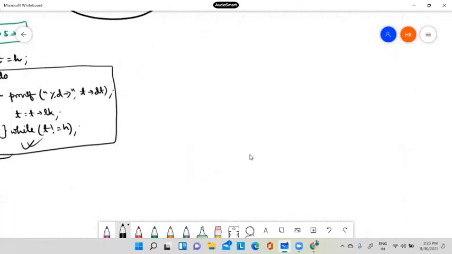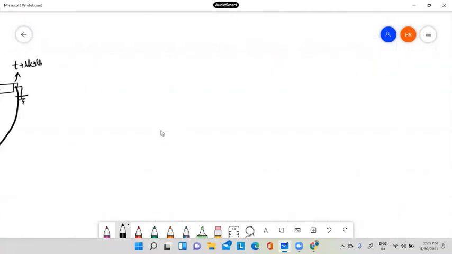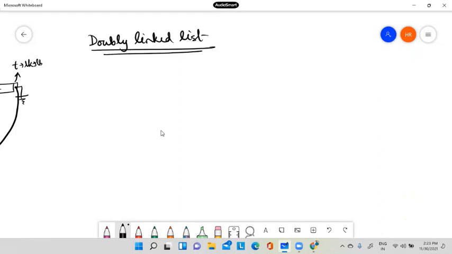Okay. Now we are moving to our next linked list, which is the doubly linked list. Now we have already discussed that there are three types of linked list. One is linear, another is circular, then the doubly linked list.